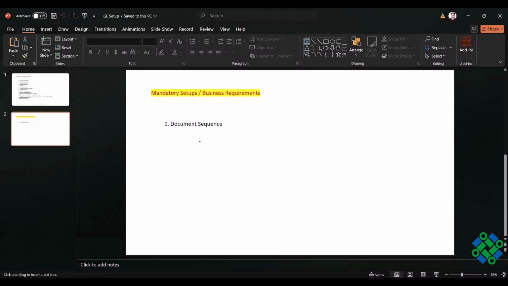Good morning, everyone. So today we are going to discuss another topic in the GL, which is very important and critical as well, which is account hierarchy. So let's first try to understand what is account hierarchy. The other important topic, document sequence, is